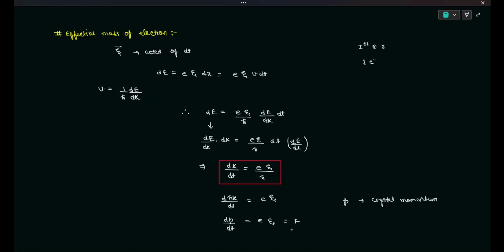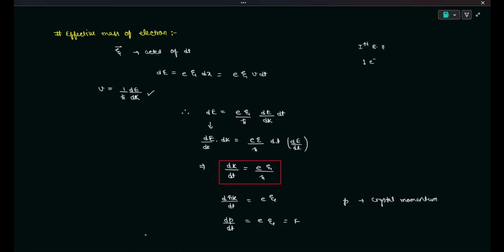So therefore we can conclude that the rate of change of crystal momentum is equal to the impressed force, that is eE, where E is the electric field. So it is analogous to Newton's second law for an electron in the periodic lattice. Now as we have got the velocity of electron in the periodic lattice, from this we can calculate the acceleration